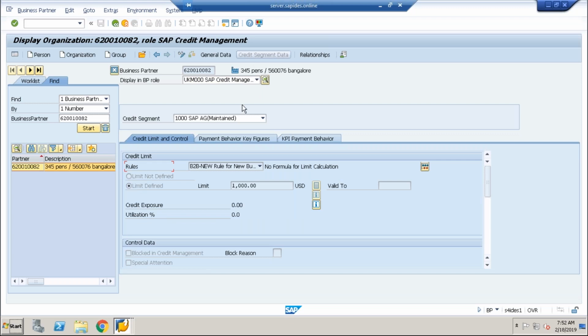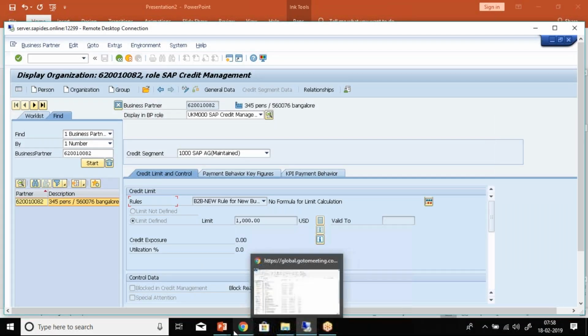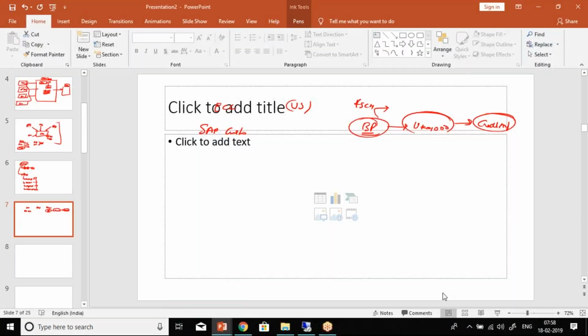Because it's all mapped under a credit segment. The existing setup was that we did not have any credit segment previously, right? We used to directly go to FD32 and maintain the credit master. Now it is all mapped to a particular credit segment. Your credit segments get assigned to your credit control areas. That's where the entire configuration has changed from the way you were using your existing ECC to the way you are using SAP S/4HANA. That's where the changes have come in place. So one of the major differences is that it has all moved from just being a master data setup to a BP transaction now.